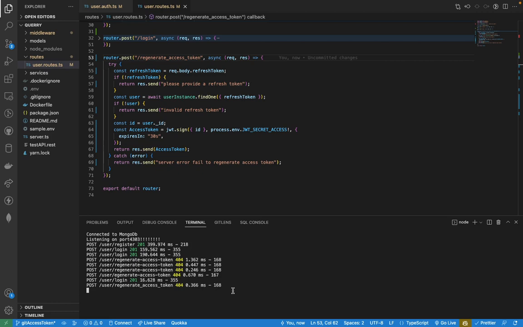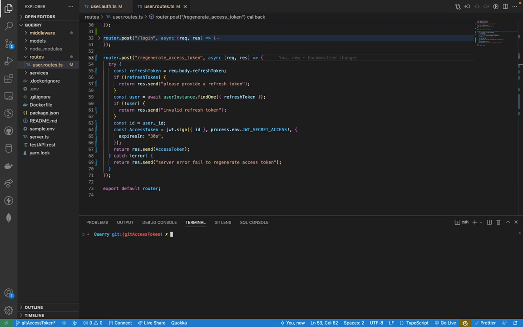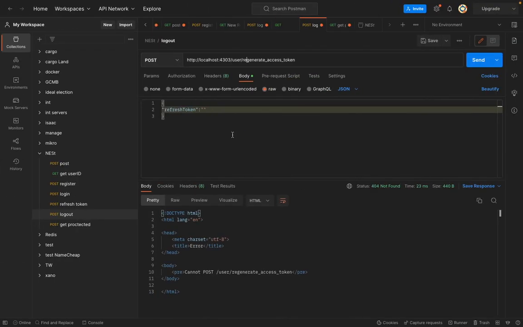The changes we've made are not detected on the back end, so I have to stop this and start the server. The server has been working since before I created this endpoint, so I need to restart it to update the code and have the latest changes we made. Okay, now when I hit the endpoint,